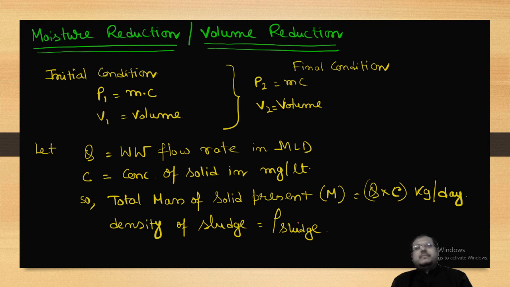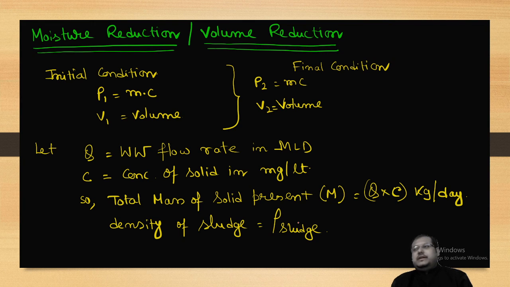The point is, suppose in the moisture reduction or volume reduction, the initial condition of the sludge is P1 moisture content and the volume is V1. And finally, the moisture content is P2 and the volume is V2. Okay. Now let